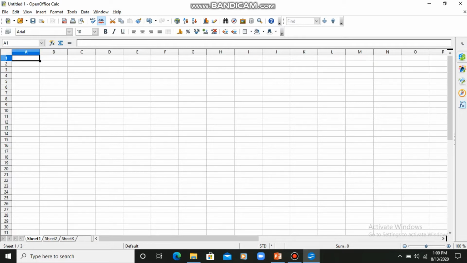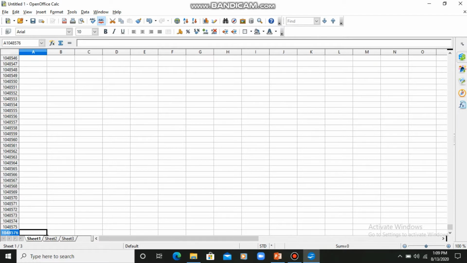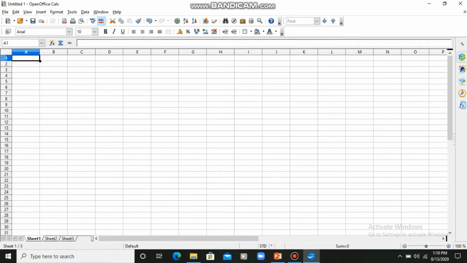Likewise, if you want to move to the last row, what would you do? Press the Control key and the down arrow. See, you are on the last cell. And Control plus the up arrow, you will be on the first cell. So likewise you can navigate to the leftmost part and the bottom of the window by making use of the Control plus arrow keys. All the arrow keys are available and you can just click on them and navigate in your worksheet.